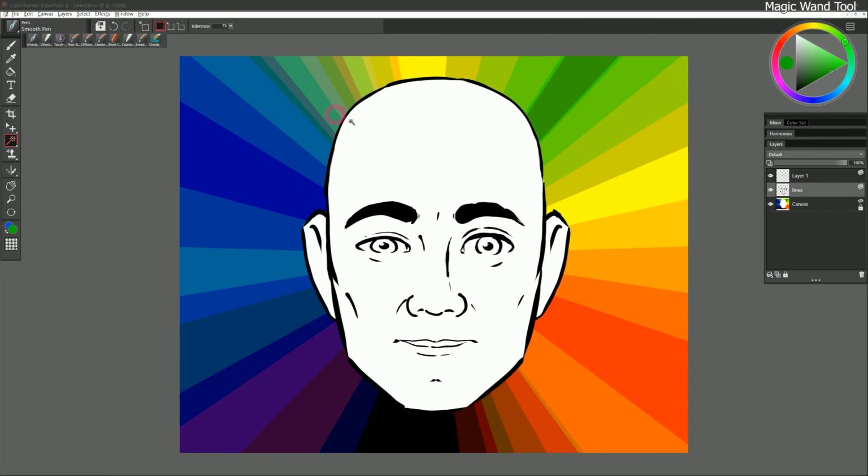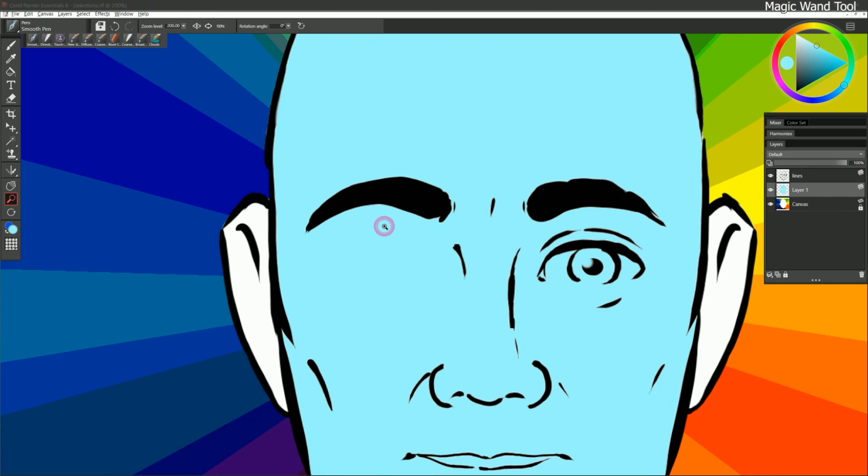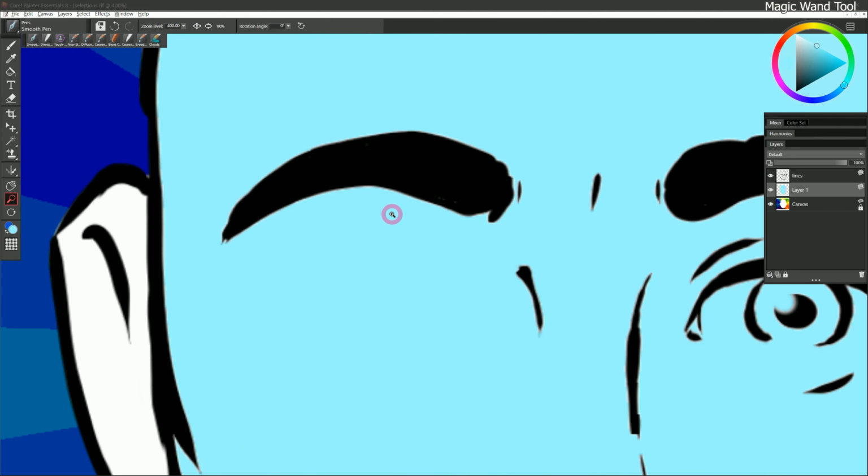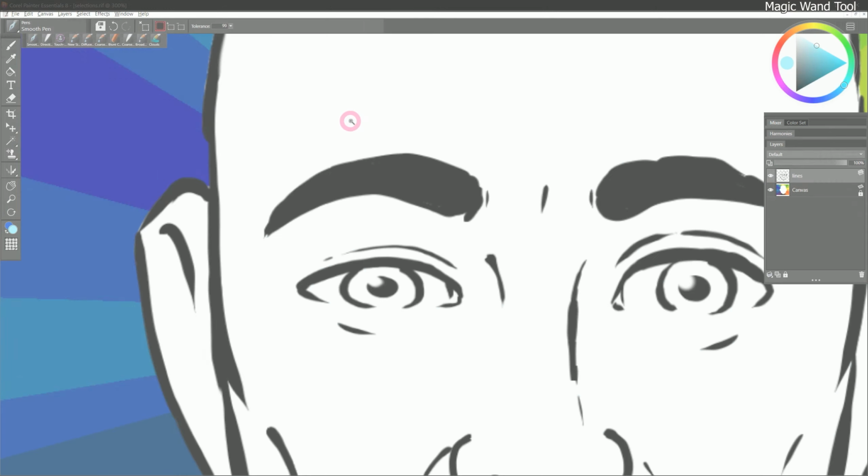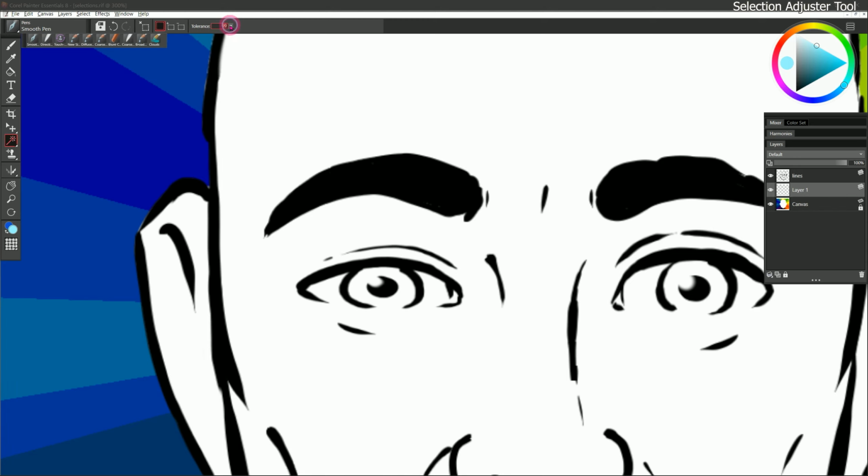I'll go back to New Selection mode, and I'll click inside of the lines. And I can make a selection inside of that head shape. Then I could go to a separate layer, select a color, and fill that selection with Ctrl F. Just move that down beneath my lines. And now I'm able to fill those lines on a separate layer. However, the paint does not go all the way to the edge, and it leaves a little bit of a gap there. If we want to get it closer to the edge, if I set my tolerance to 32, and